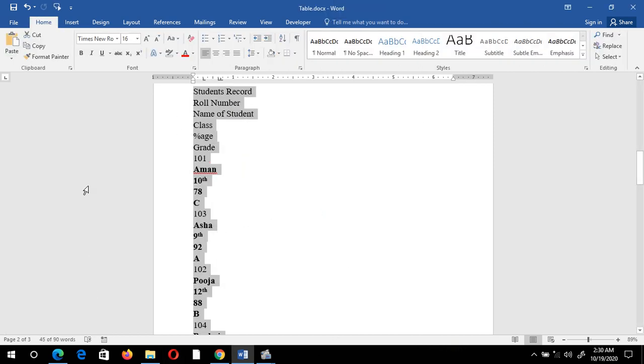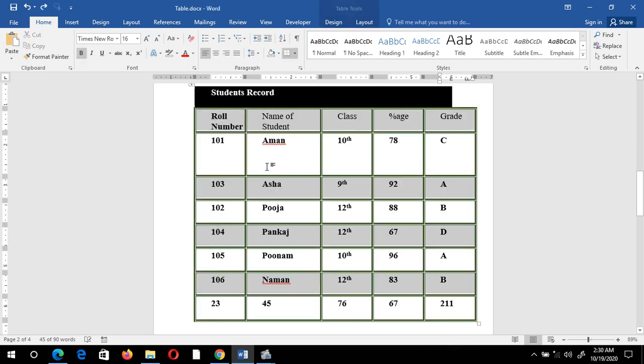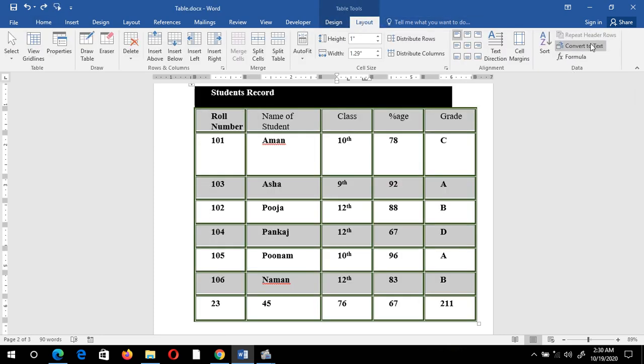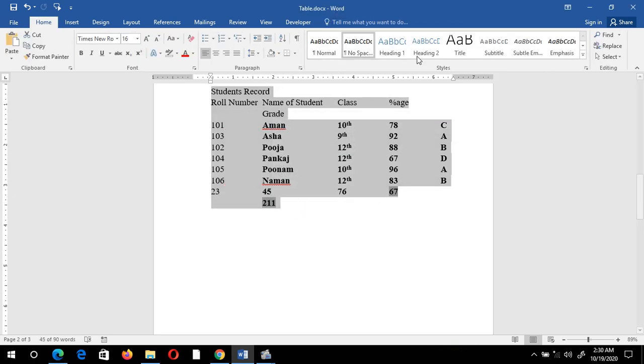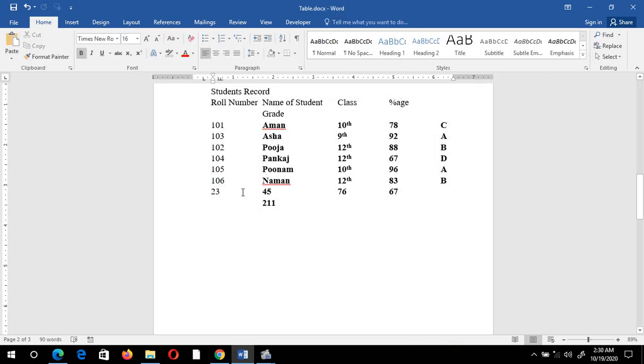Now you can see my table is converted into text. Again I press Ctrl Z and this time I convert the table using tabs and click OK. Now you can see the border is hidden by Microsoft Word and it converted into plain text.